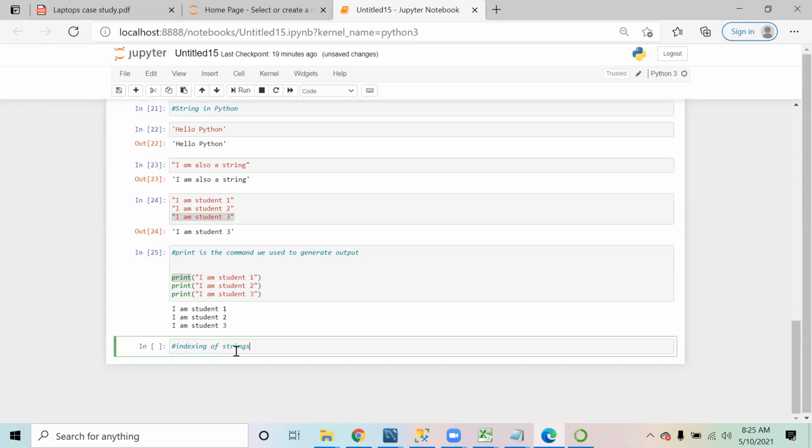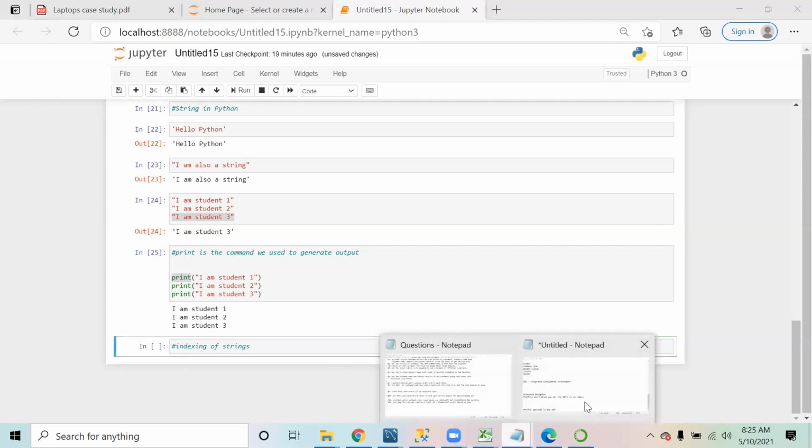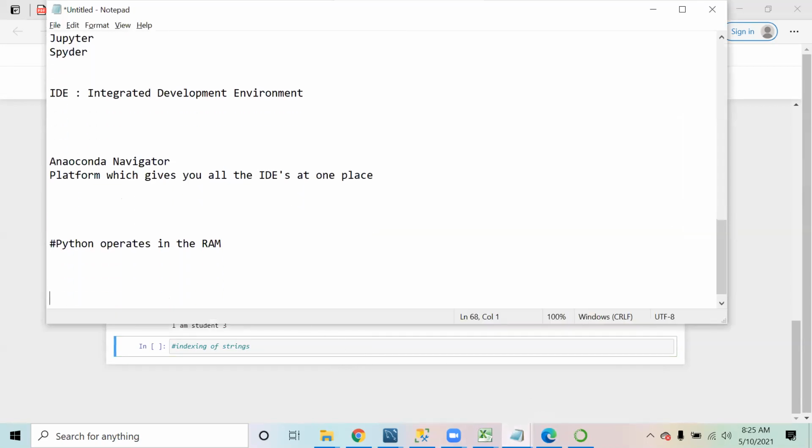Indexing means that if I have written a word like hello world, Python will give an index: this is number 0, 1, 2, 3, 4, space will be 5, 6, 7, 8, 9, and 10.